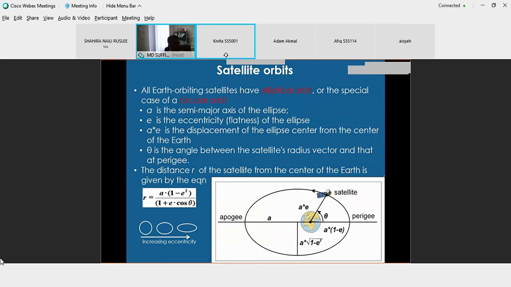So I ask, for the moon, the longest distance is called apogee. But for the sun, I think you already learned last semester with me. We have apogee and perigee, referring to the distance of the moon to the earth. But the distance between earth and sun, what do we call that?